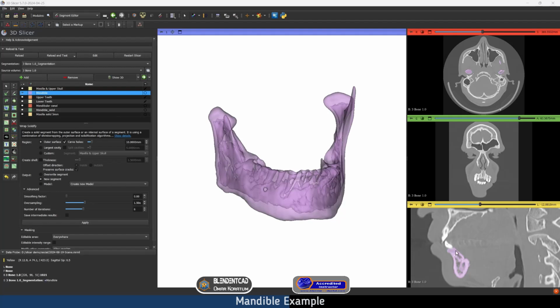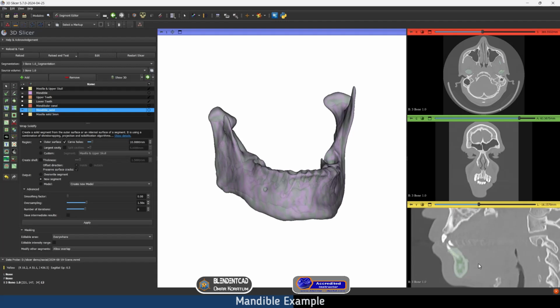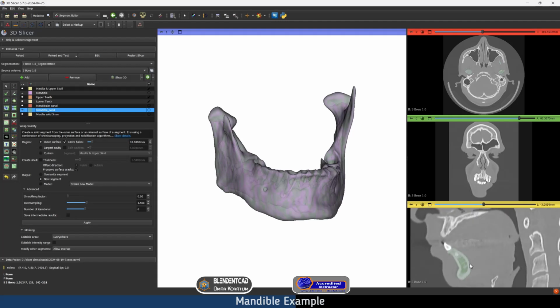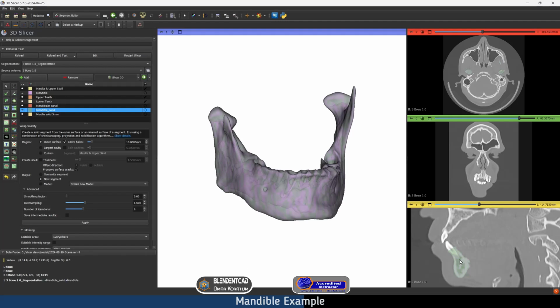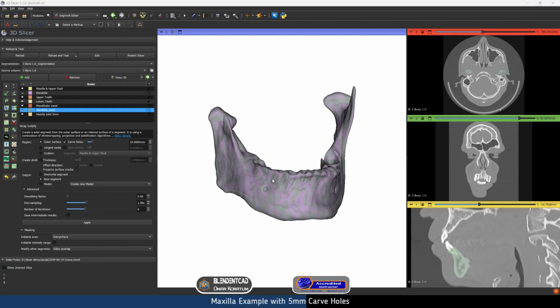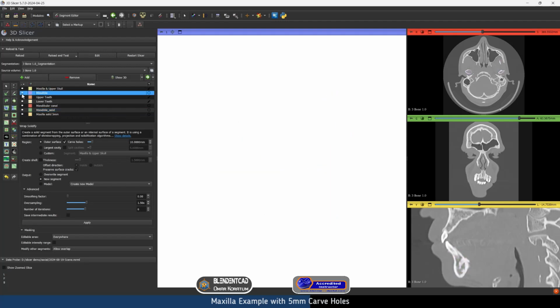And for the accuracy of the new segment, we're going to compare between them. And as you can see here, there is none or very minimal difference between the original and the new segment, which has been filled with the new extension. Now we are going to do the same for the maxilla, so I'm going to hide the mandible segmentations